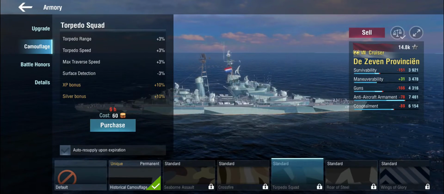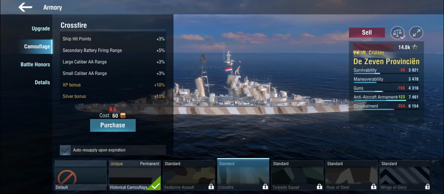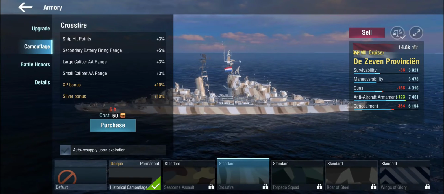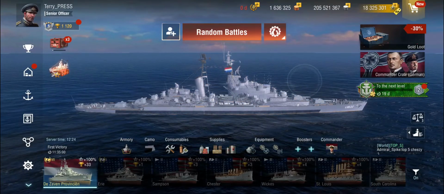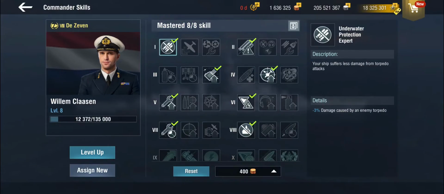I'm pretty sure one of these has... yeah, you could take this one, the Crossfire, for better AA range. But yeah, just for more hilarity. The commander skills,